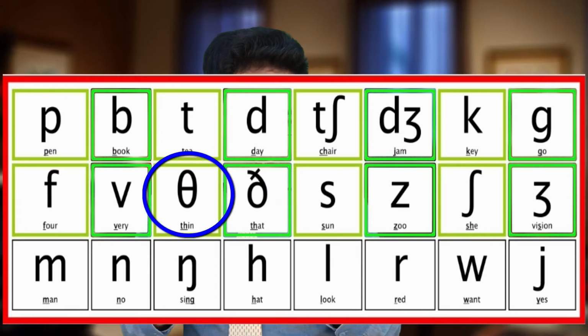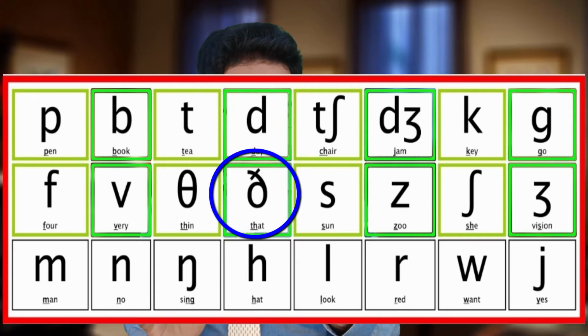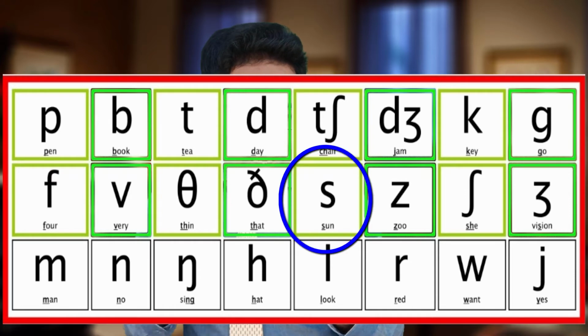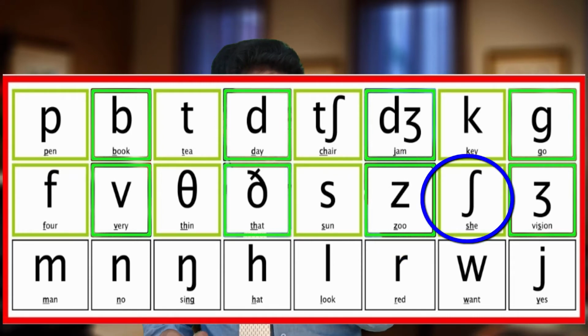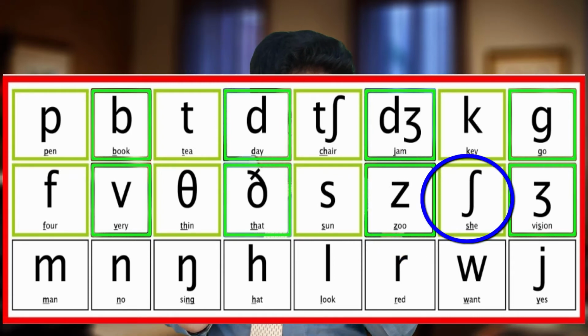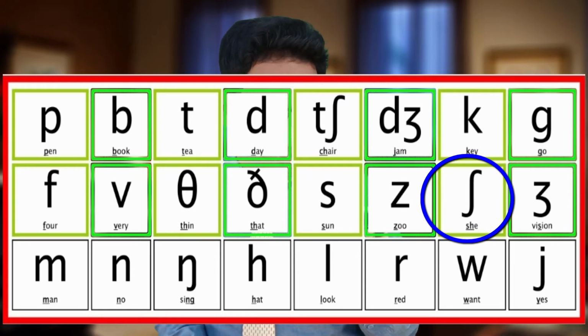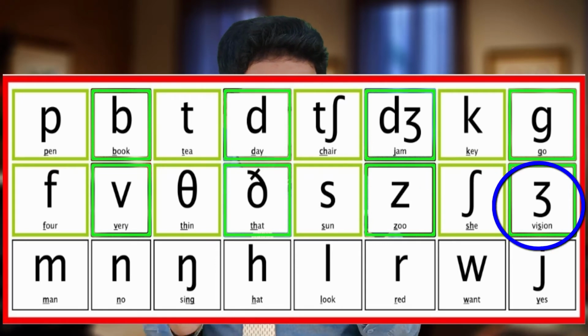th as in thank you or fairy. Then there is this th sound as in that or therefore, right? Then there is this S sound as in sun or sift, Z as in zoo or zigzag, Sh sound as in she or sheep,